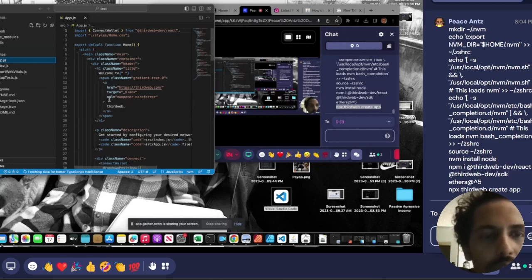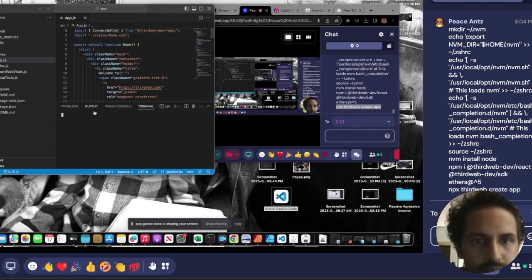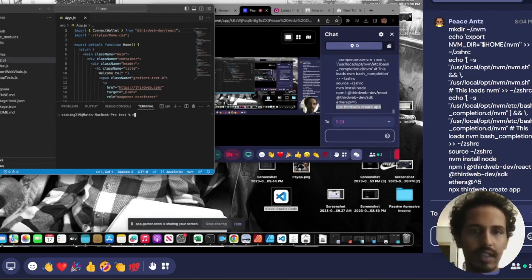So let's open up the terminal again. Terminal, new terminal at the top. Okay, and we're in test. So now let's do npm start, and that will open up a browser.